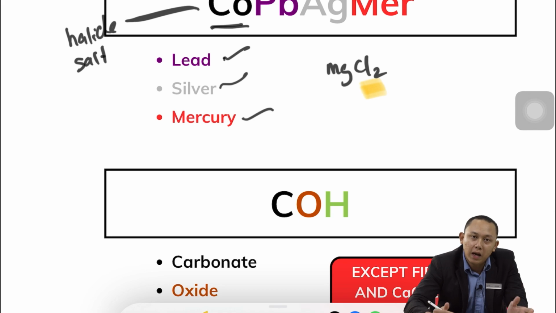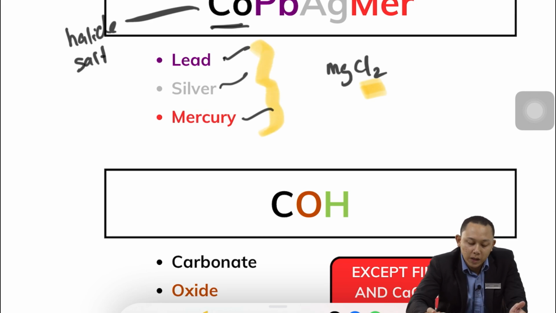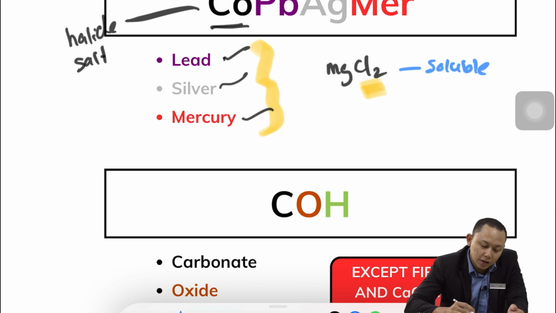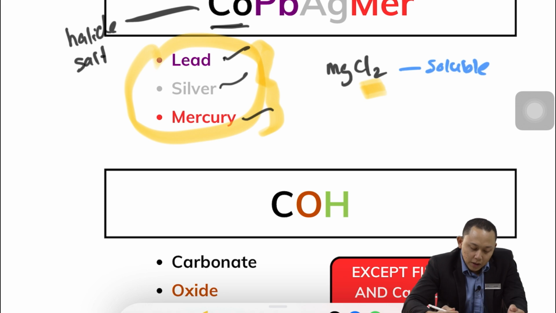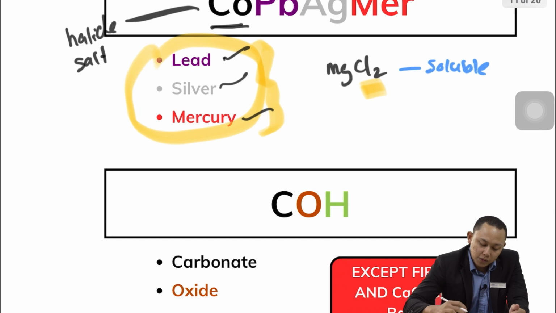But then the partner, the cation, is magnesium. So magnesium does not belong to these three categories, correct or not? So that means magnesium chloride is soluble. Why soluble? Because these three are for insoluble salts. If magnesium doesn't belong there, the rule doesn't apply to magnesium. Alright, for the next rule,